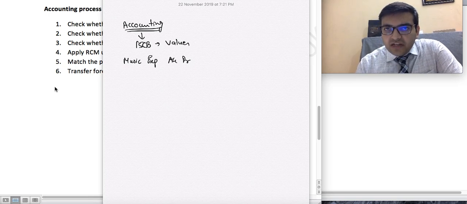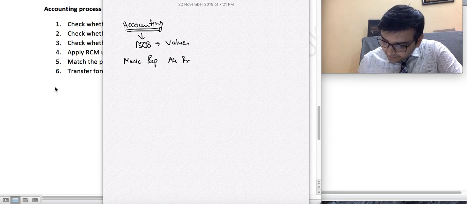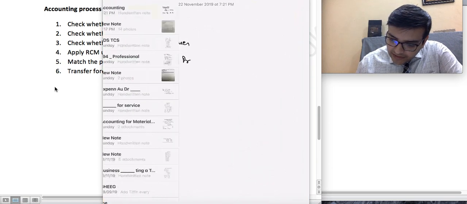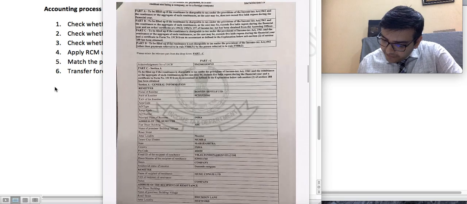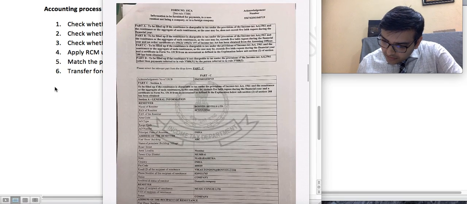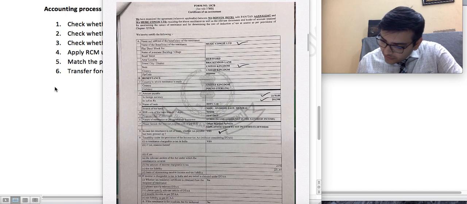Okay, let us do one thing. I will not give you a club entry right away in this example. We will do the club entry in the next example. Right now we will do it differently, with separate entries. So first of all we are booking the expense. Let us see how much is the amount in 15 CB. So we will open the 15 CB. You have your notes, you can open your notes and see the 15 CB.